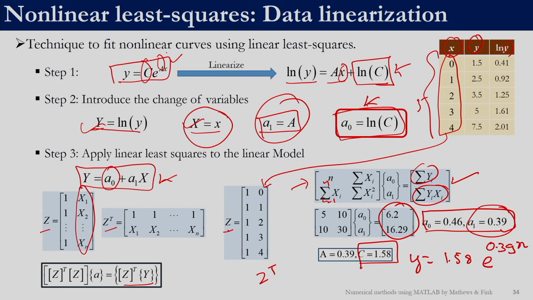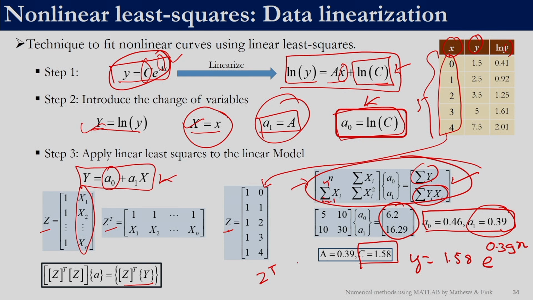So, what was a nonlinear model? We used data linearization to convert it into a linear model, right. In this case it happened to be simple linear least square, right. So, we can either use this formula or we can use that analytical solution z transpose z into A is equal to z transpose y and solve for the coefficients of A, right. And then if there is a data transformation, we need to appropriately do the data transformation to get the original model coefficients. So, this is an example for nonlinear least squares using data linearization.